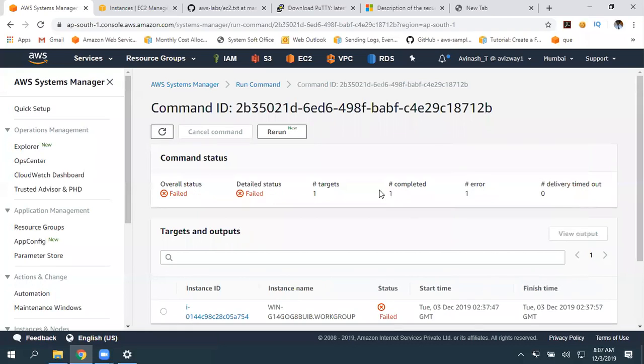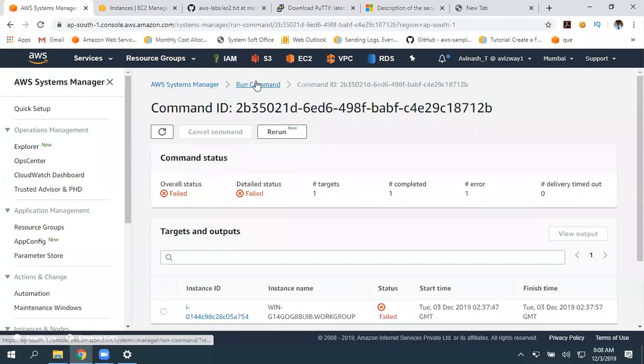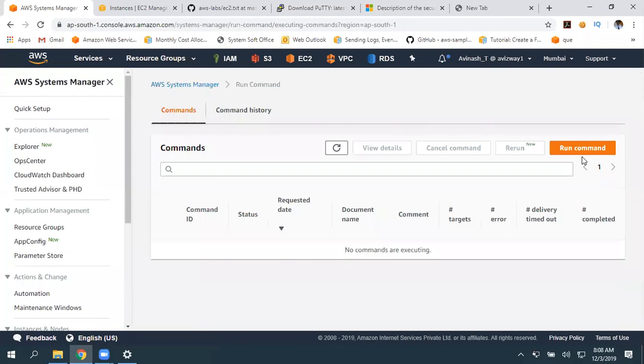If it is unable to download from the internet, maybe because of security exemptions and all, you can use the S3 mechanism for that.